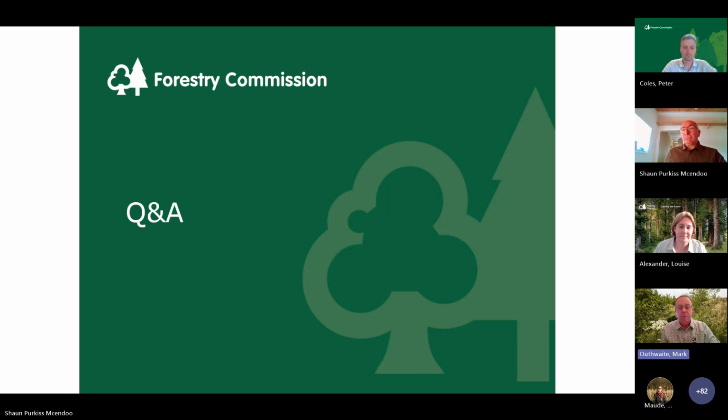But we do have resilience officers within the team, our woodland creation officers as well, and our woodland officers can support you with that. There's also other additional tools that you can access to help with that. But the key thing is understanding your soils, knowing what your soil is, and then you can build from that in terms of the species choices and what would be successful within that environment.